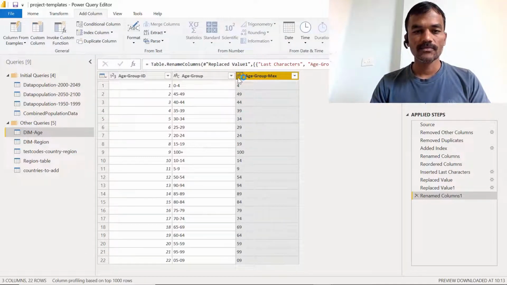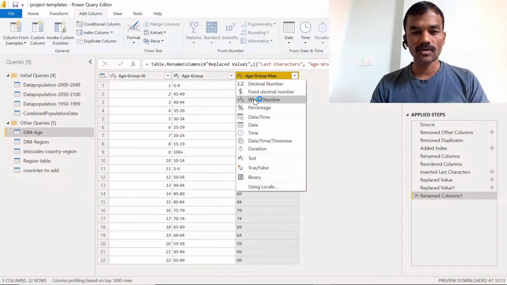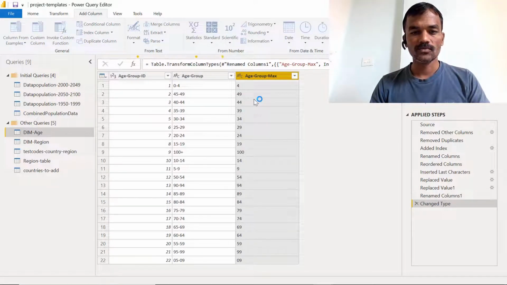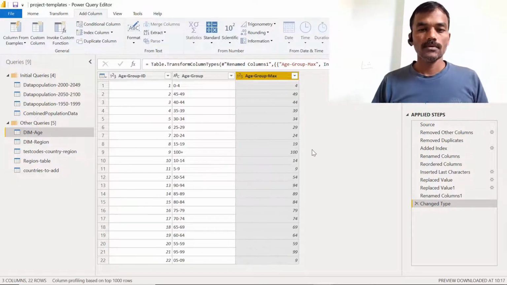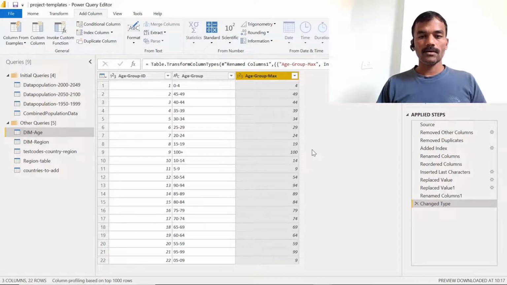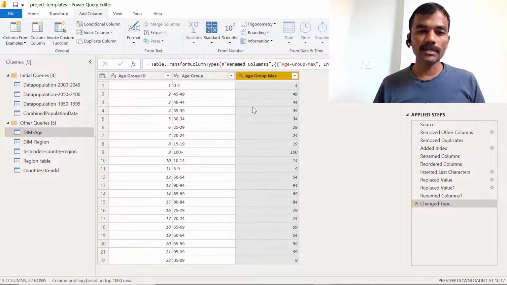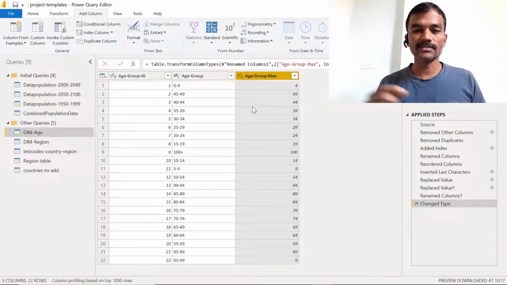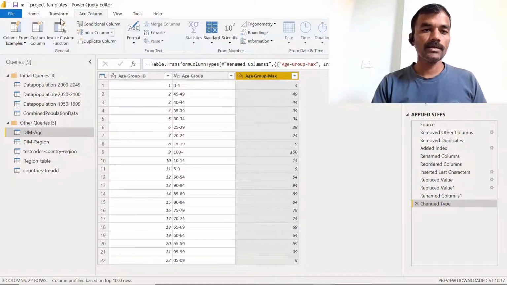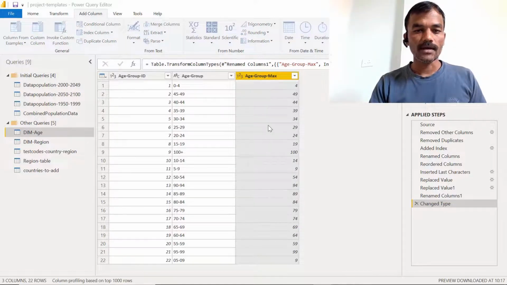First we need to make this a whole number. Now I have made it a whole number data type. Now we will use the conditional column, where based on the age range we will make its category. To do that, just go to Add Column and use the Conditional Column feature.